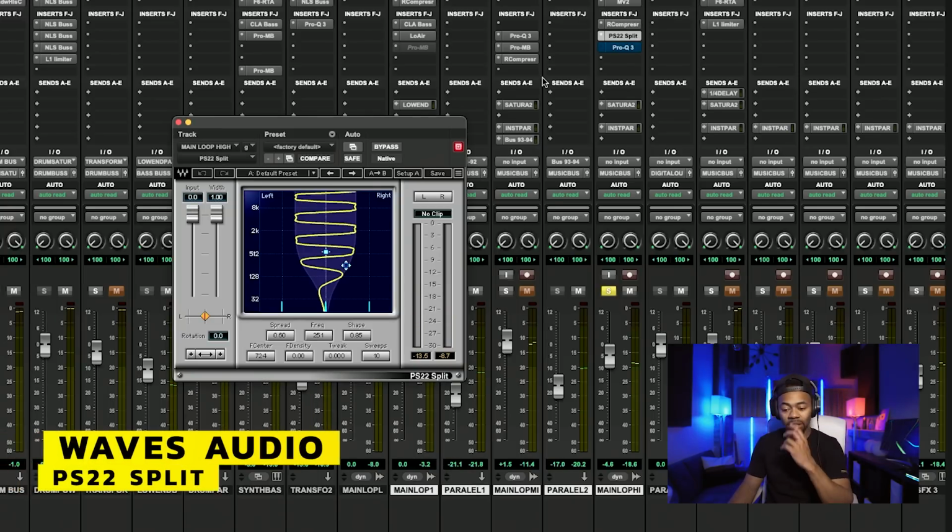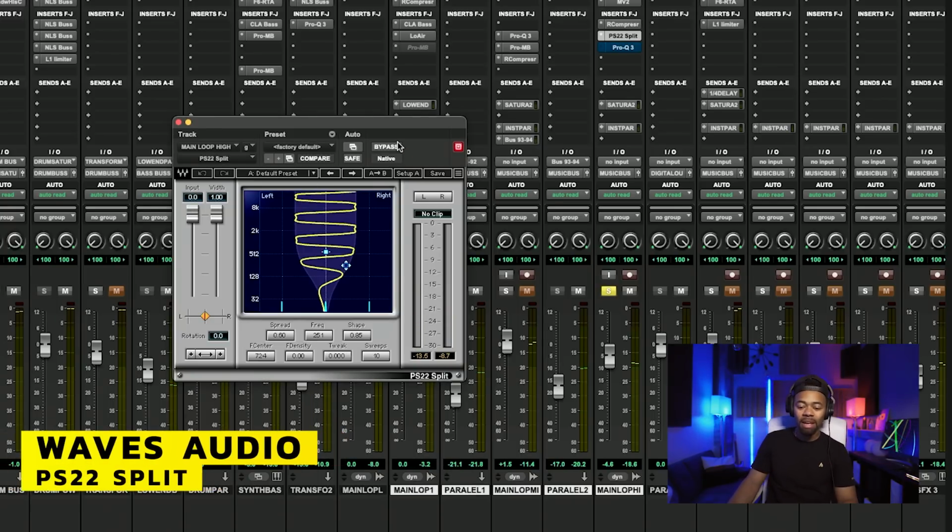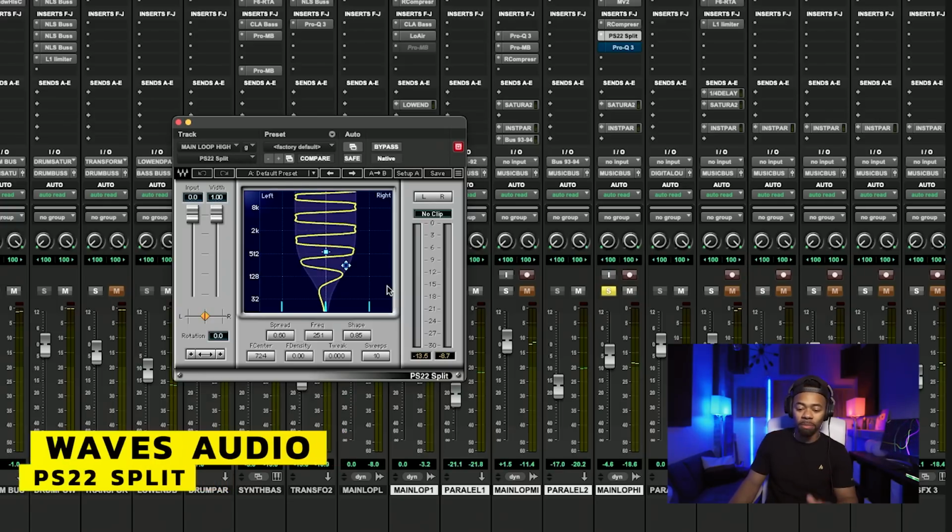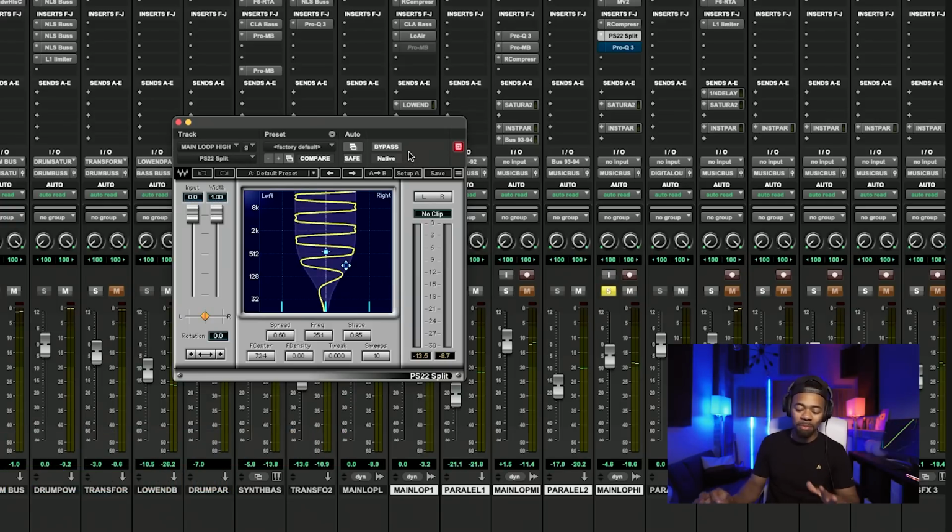The next thing I did, and this is a secret little weapon for me, is this PS22 split plugin from Waves, which I feel like people don't talk about enough. It's really good for spreading out information in your stereo image. So, without first,